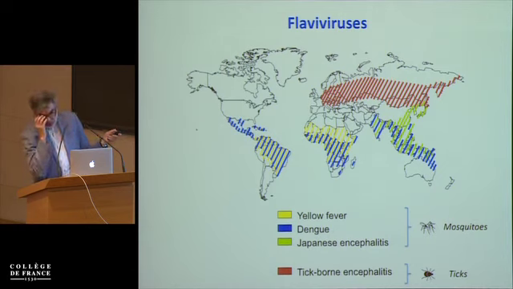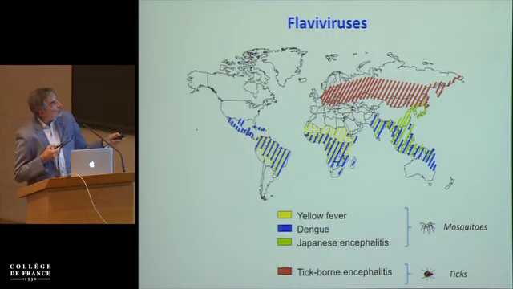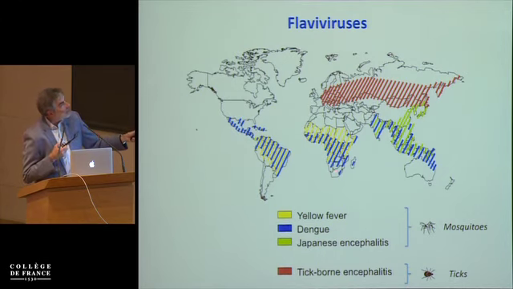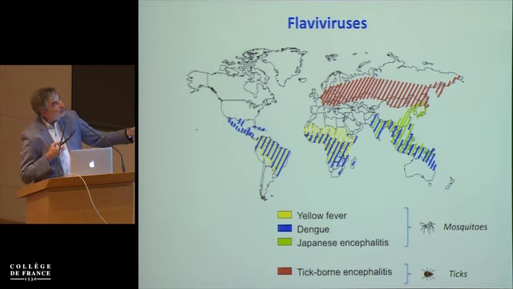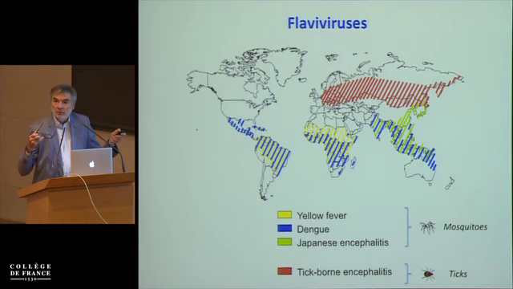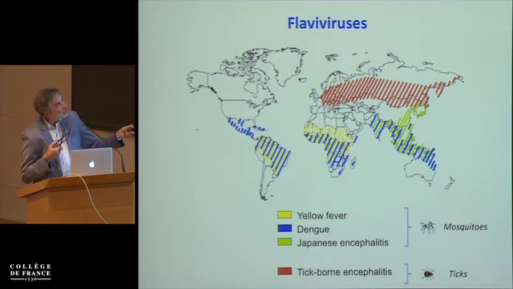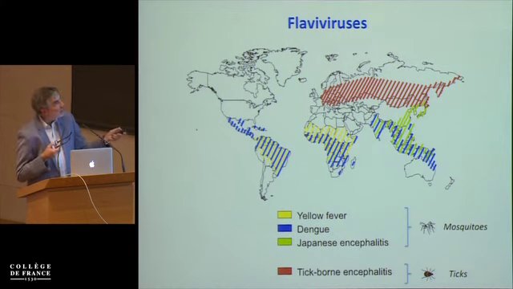About 20 years ago, this was the distribution of these flaviviruses around the world, with those transmitted by mosquitoes and those transmitted by ticks: yellow fever in Africa and South America, dengue that was spread over all the tropical areas, Japanese encephalitis in this region. And these viruses are transmitted by different mosquito vectors. For instance, the mosquito that transmits dengue is found worldwide. It is Aedes, the tiger mosquito, Aedes albopictus, but also Aedes aegypti that you can find, and others are by Culex. But we don't really understand exactly.